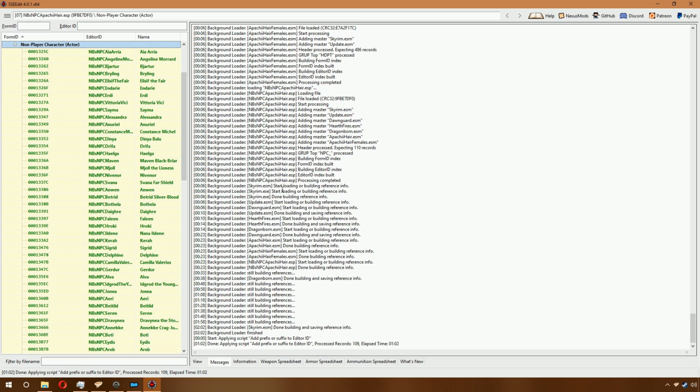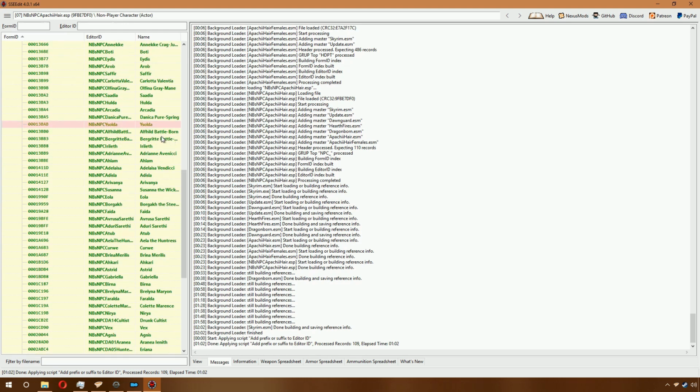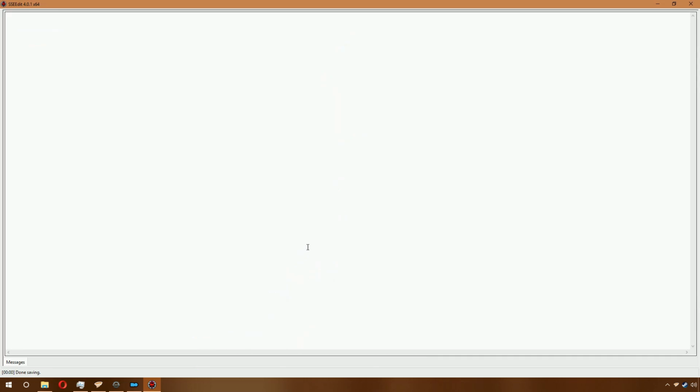Add a 3 to 5 letter prefix that is not the same as any other records that you have. For example, do not use 3D NPC if you have Interesting NPCs or plan to install Interesting NPCs, because 3D NPC is the prefix for Interesting NPCs. Once you have applied the prefix, go ahead and close xEdit, save the changed files,